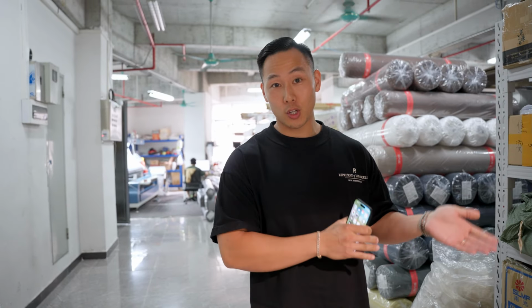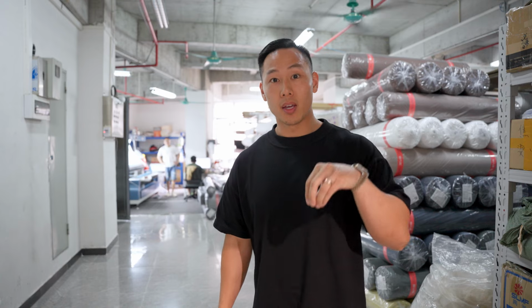So the past couple days, we haven't been showing our process. We've been going shopping, but today's Monday, and we're back at a garment facility. This is our activewear, one of our activewear manufacturers. So we're here in the garment factory first, and first on the agenda is to actually review some of the